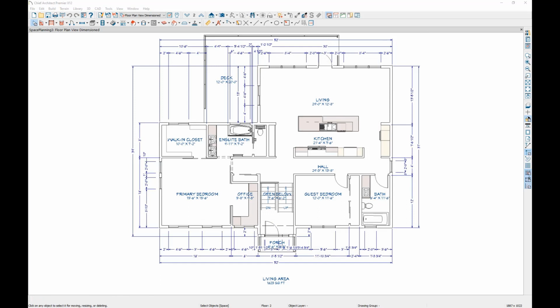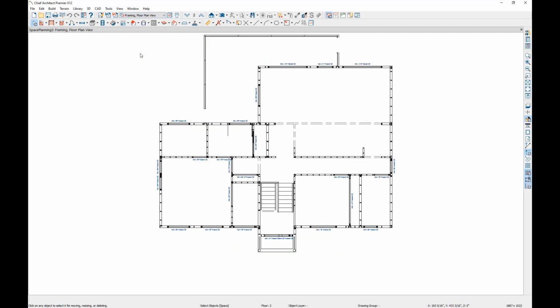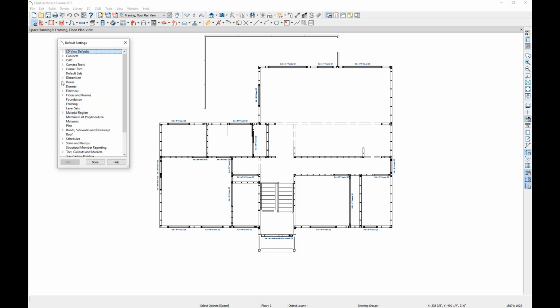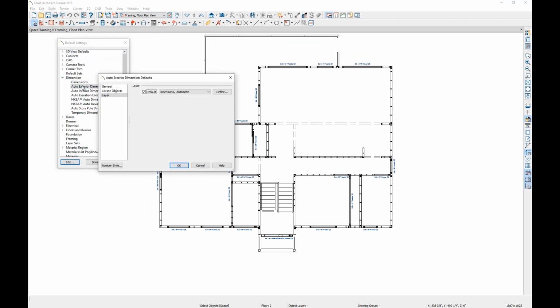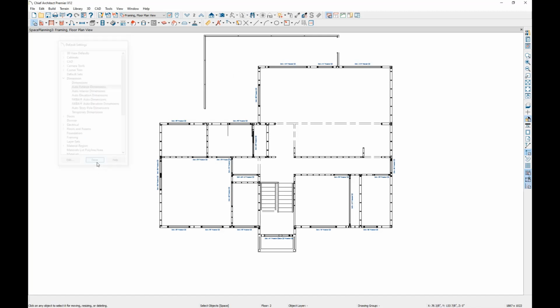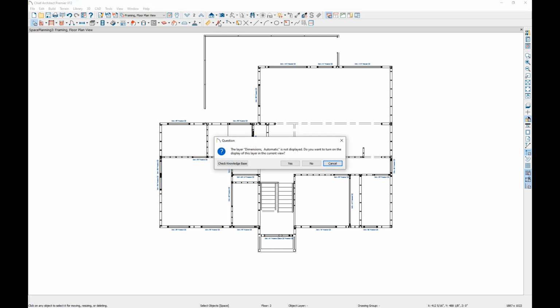So now something I can do is switch modes. I can go over to my floor plan framing layer, my save plan view, and I can do something similar again. So I can set up my defaults for my auto dimensions, and this time I want them to go to the interior wall centers, because maybe that's what my framer prefers, and instead of to the sides of the opening, I'll go to the rough opening. And if I hit OK and done, this time when I click the Auto Exterior Dimension tool, it's going to ask me,